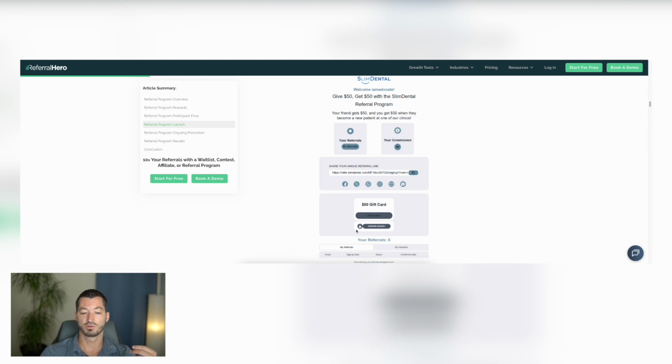In this case, showing them the actual reward that they can earn. And then, of course, always giving them access to their referral link that they can share at any point in time. So it's nice that participants just have kind of a dashboard that they can always get access to so that they know kind of the status on their referrals and if and when they will receive the rewards